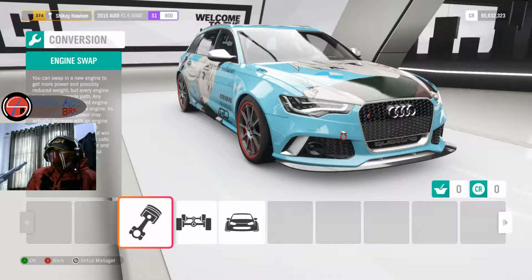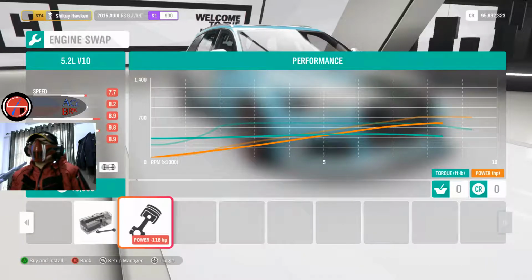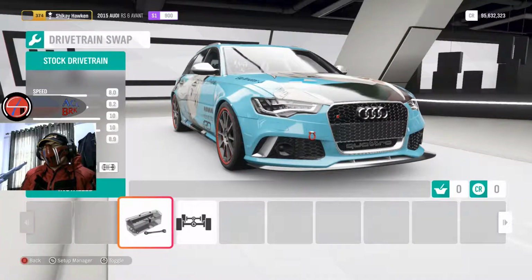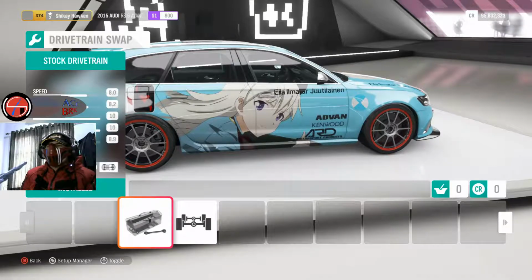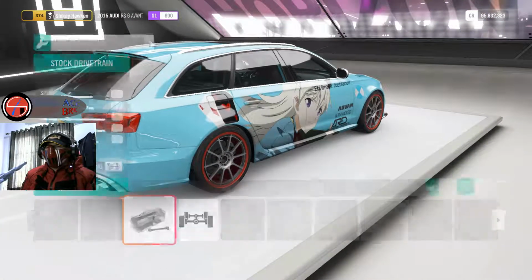But anyway, let's see what I did to this car, shall we? I think it's the stock engine, just like usual. Really love my stock engine, alright. I mean, I can change it to a 5.2 liter V10, but well, don't wanna. Drivetrain is already all-wheel drive. You can change it to rear-wheel drive for some odd reason. I mean, well, don't do that. I mean, well, it kind of helps with the understeer if you want to, but well,